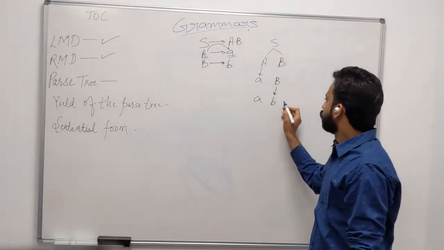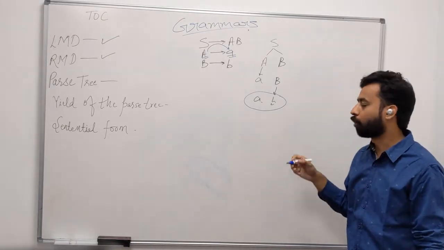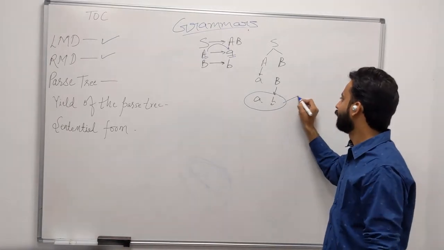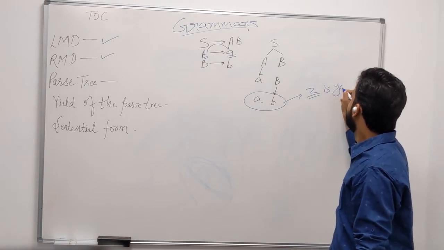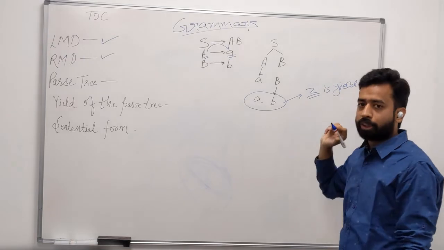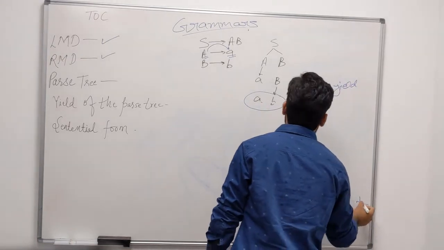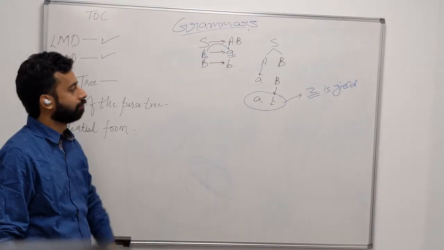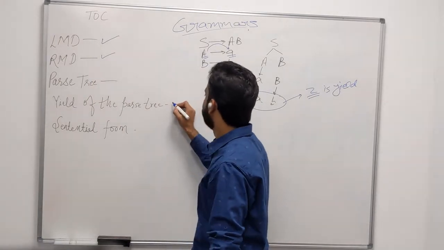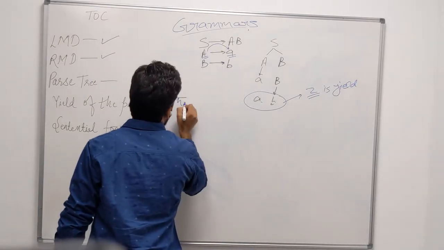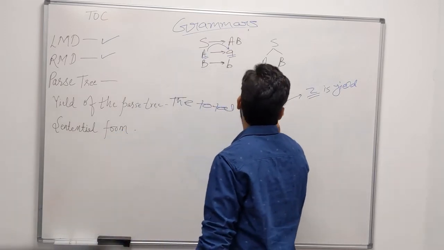What is the yield of the parse tree? The leaf nodes which you encounter in your parse tree are known as the yield of the parse tree. So here, what is the yield? Okay, so let me write down the definition of the yield of the parse tree. The total leaf